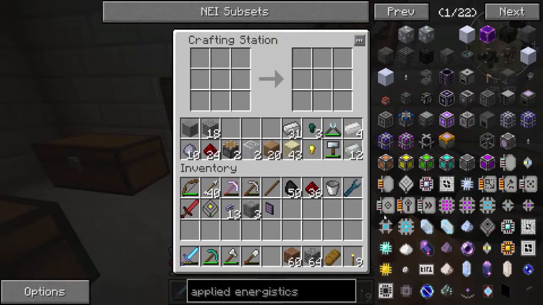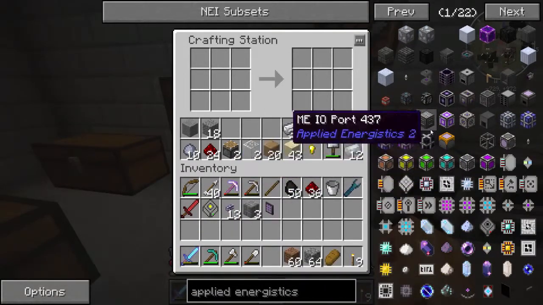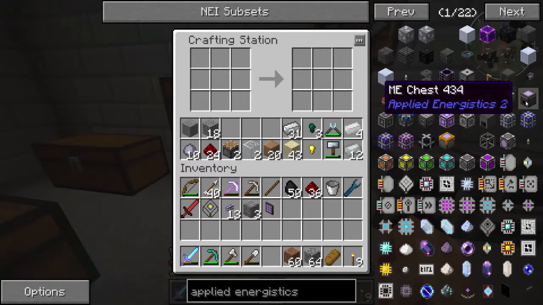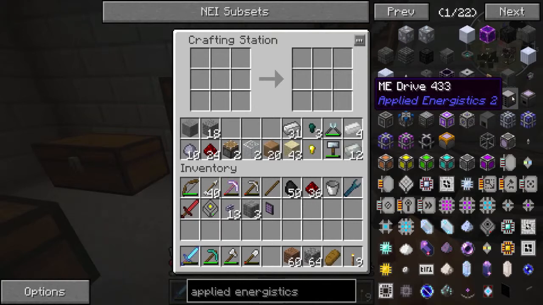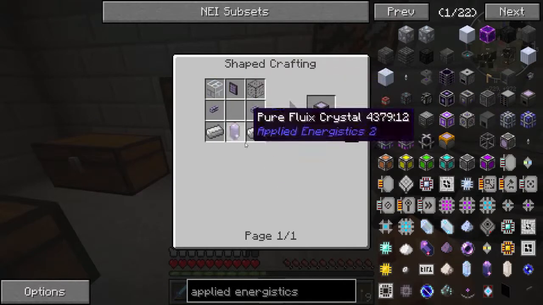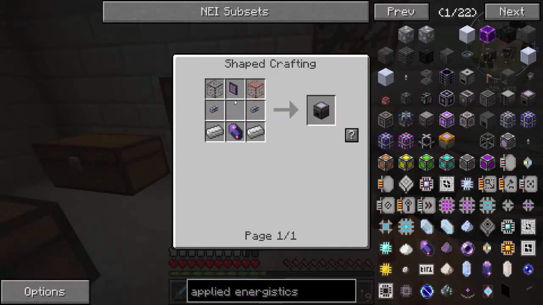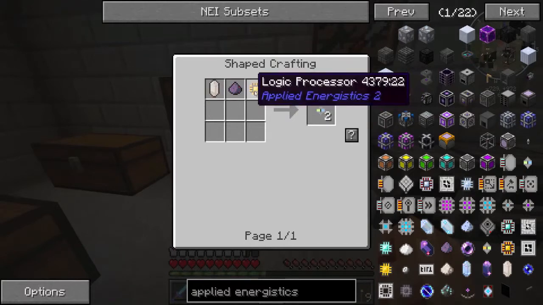So to get started, you need, let's see if I can find the blocks here. You need a drive or a chest. I would probably start with the chest because it's a little simpler to craft, but you're quickly going to go to the drive, so it really doesn't matter. I did one of each. But to do the chest, you need 2 pieces of glass, 2 iron, a fluix crystal, 2 cables, and a terminal. To create the terminal, you need these